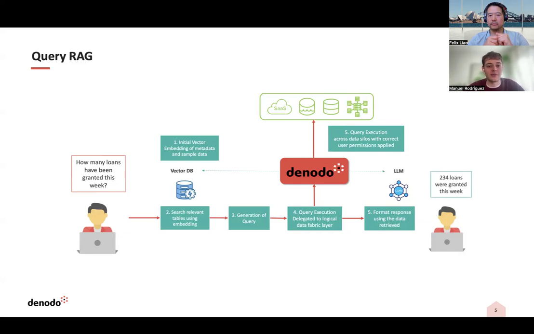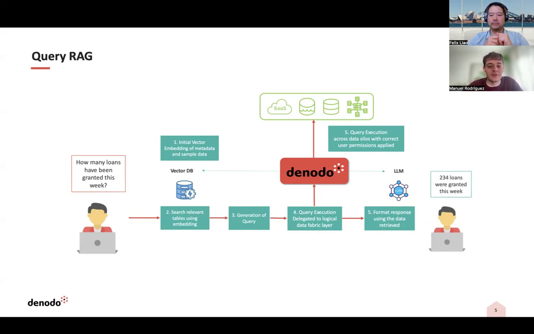With Query RAG, we apply a similar concept. So we still use the vector stores and we still use the embeddings. But instead of embedding chunks of a PDF or chunks of a knowledge base, we embed chunks of schemas, of table schemas, to be able to understand where our data might be. Now, this is just a broad approach. And then we'll use the LLM to filter out the correct ones, but it's a good start. And then from that, we'll select the perfect tables to answer our question.